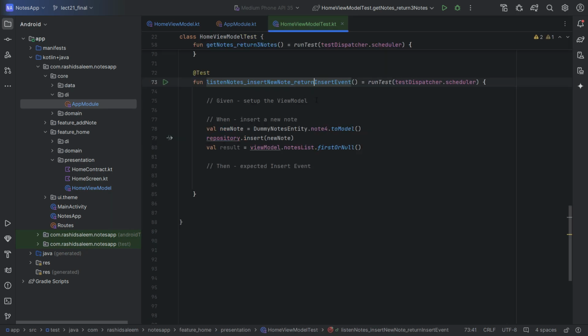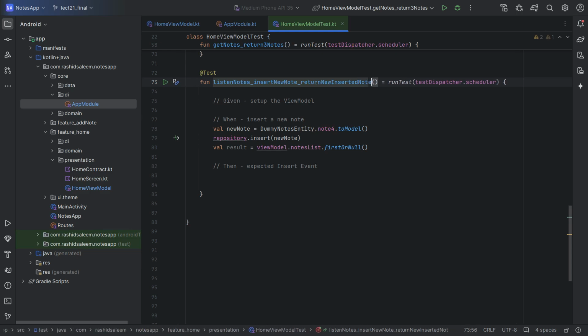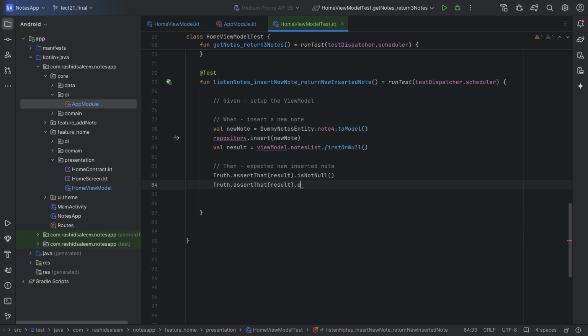Actually we are verifying the newly added node. So in the return we are expecting the new inserted node, and in here we are expecting the new inserted node. So Truth.assertThat result, first of all it shouldn't be null, and Truth.assertThat result should be equal to